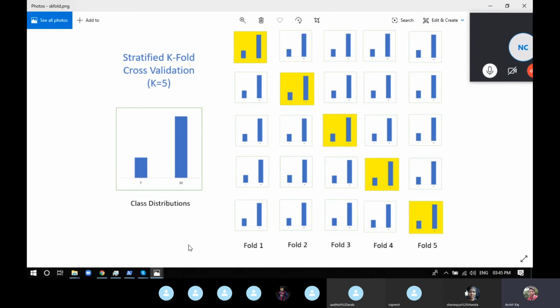I'll not say it's never used, but it tends to never be. You'll hardly see anyone using leave one out cross validation unless you have a really small data set, like only 50 samples. But if it crosses 1000 or so, using leave one out is not an option at all.